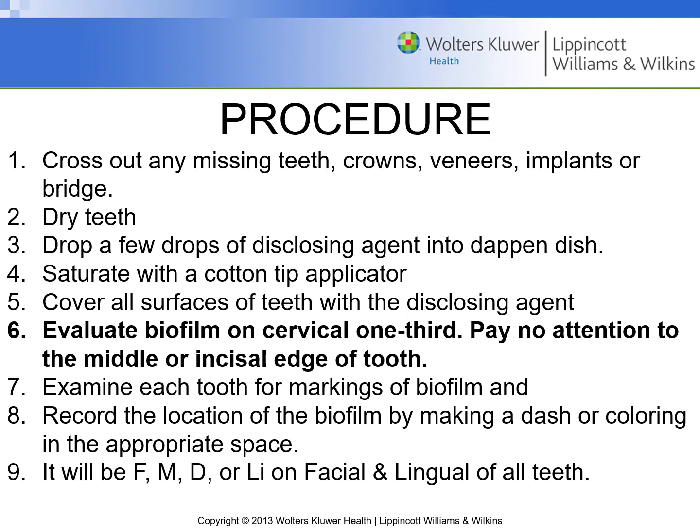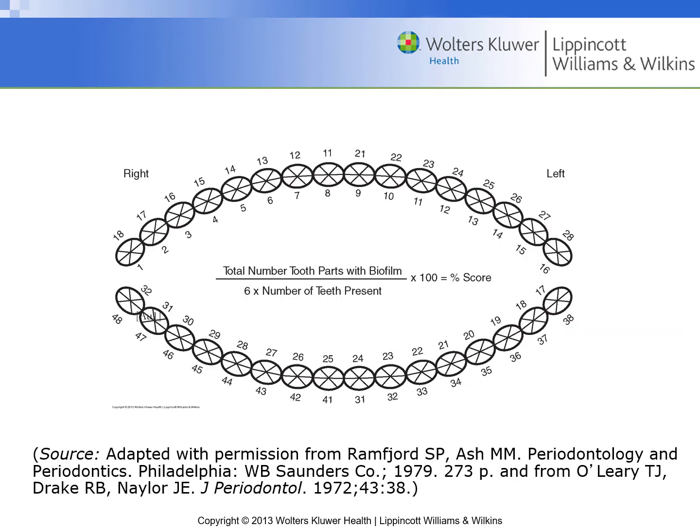We're going to record the location of the biofilm by making a dash or coloring in the appropriate space on our control sheet. So it's either going to be facial, mesial, distal, or lingual on the facial and lingual of all teeth. The formula to get our score is always right here on the sheet, so that makes it nice and easy. We take the total number of tooth parts with biofilm